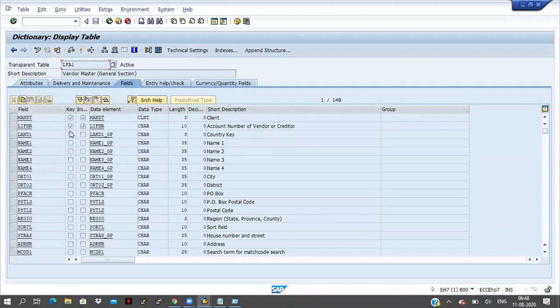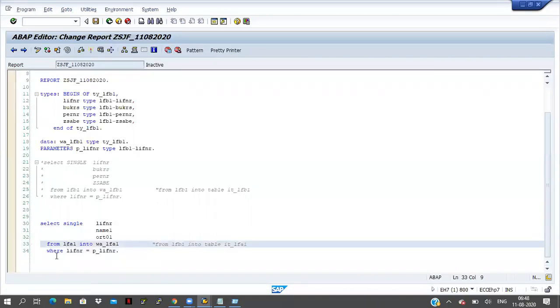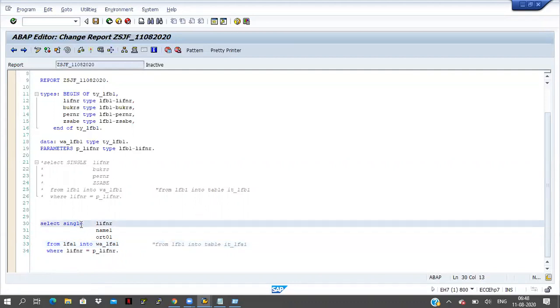For example, if four key fields are there, at that time in this select query I have to pass four conditions. Then I will go for select single. However many key fields are there in the table, that many fields we have to pass in the where condition; then we go for select single.